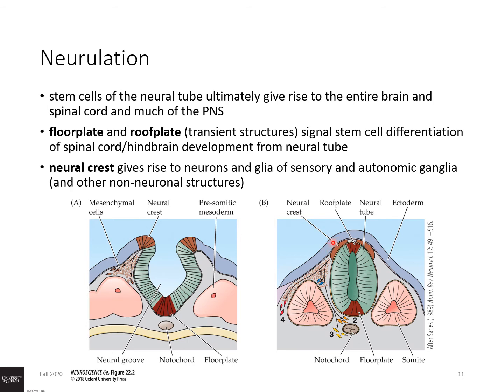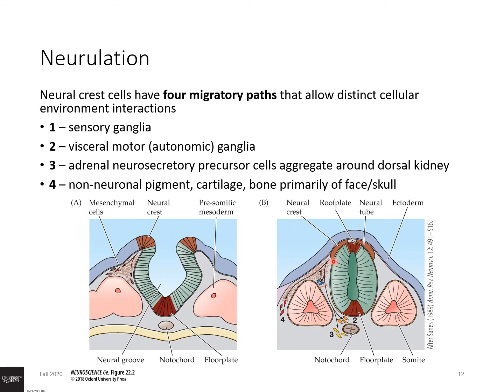These neural crest structures give rise to the neurons and the glia of the sensory and autonomic ganglia. And they do this via 4 distinct migratory pathways. So these neural crest cells can differentiate into many different types of cells. The ones that migrate along pathway 1 here become sensory ganglia, and the ones that migrate along pathway 2 become autonomic ganglia. Those that migrate along pathway 3 become adrenal